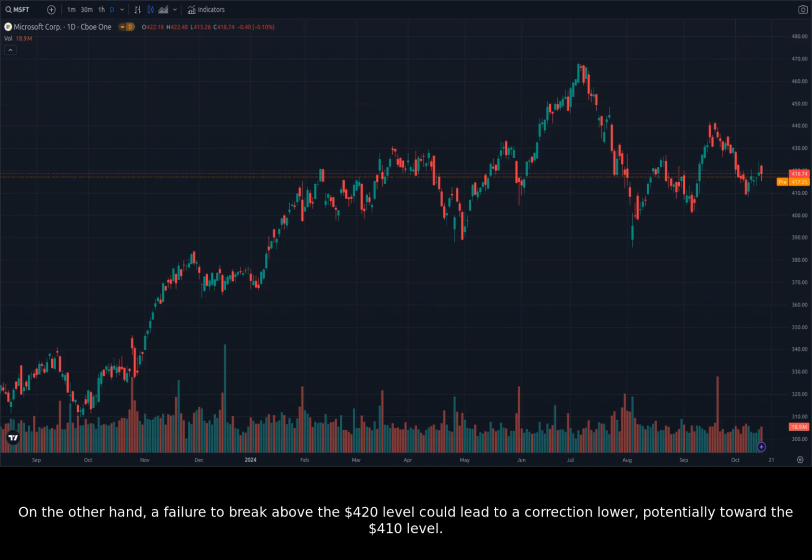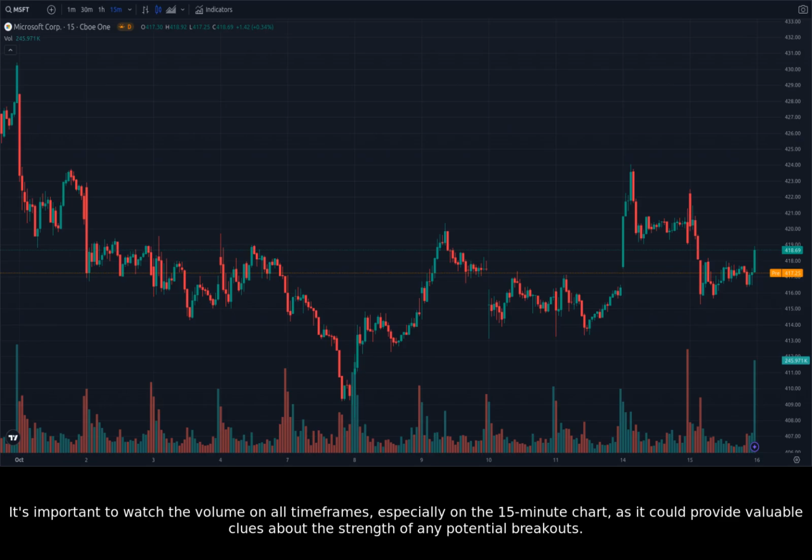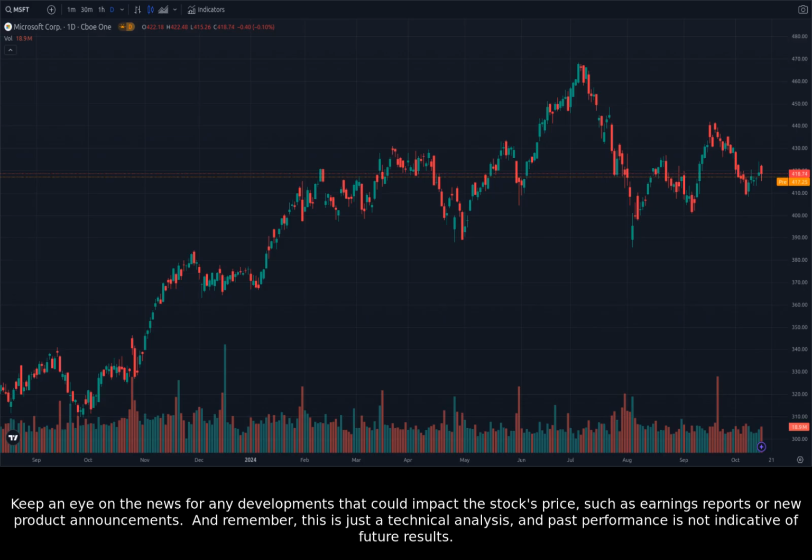On the other hand, a failure to break above the $420 level could lead to a correction lower, potentially toward the $410 level. It's important to watch the volume on all time frames, especially on the 15-minute chart, as it could provide valuable clues about the strength of any potential breakouts. Keep an eye on the news for any developments that could impact the stock's price, such as earnings reports or